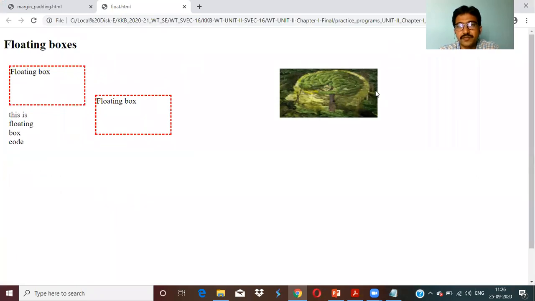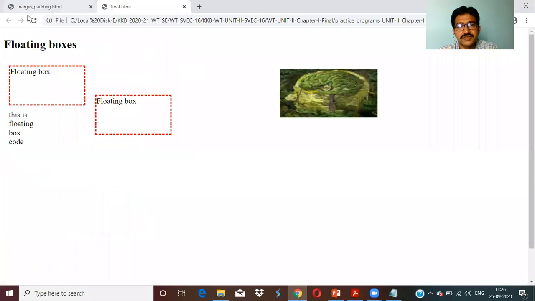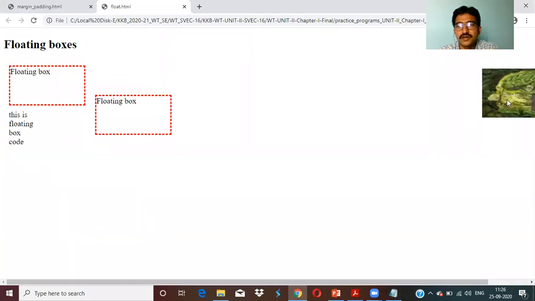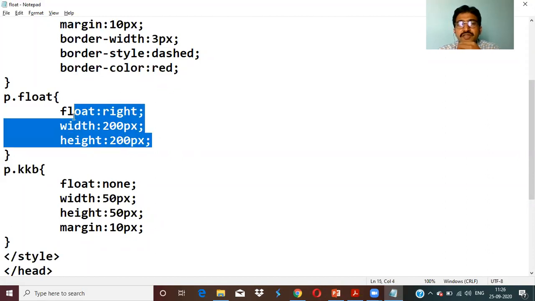If you reduce this to 100 and 100, just save and refresh. It goes towards the right. Don't be confused: width and height in this class is not the image width and height. It is the position. The position of the float is right, and how much from the right I need to display that image is 200 width and 200 height.